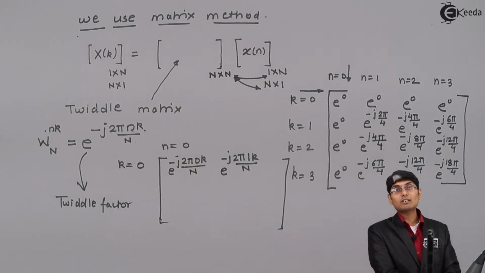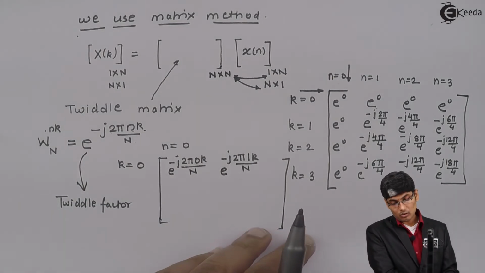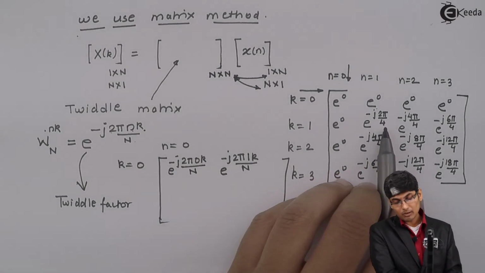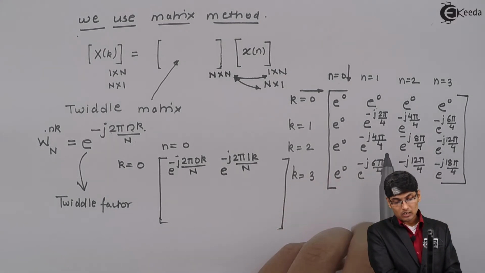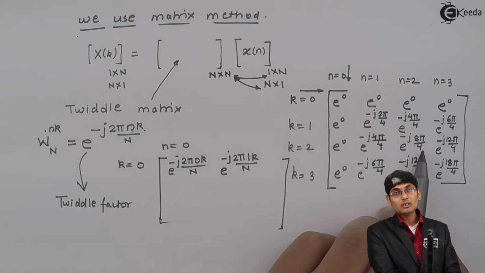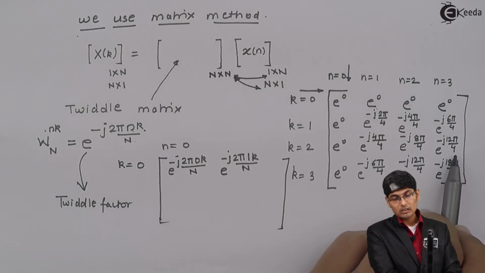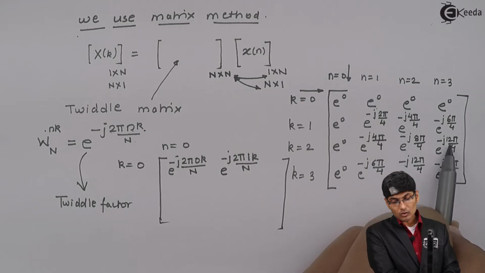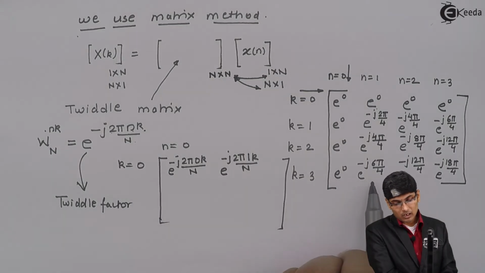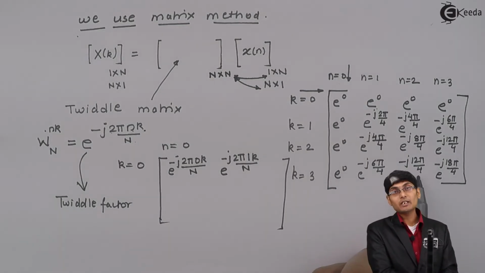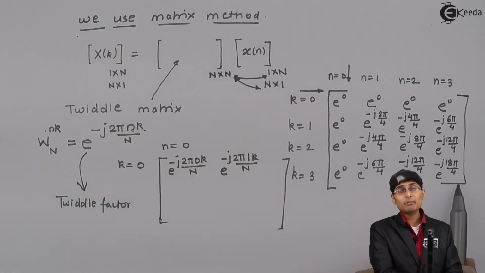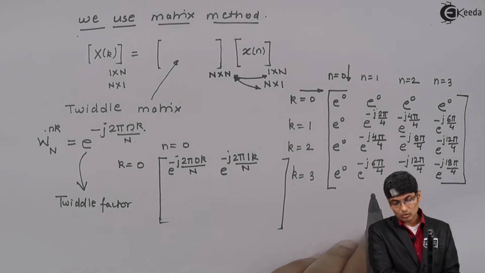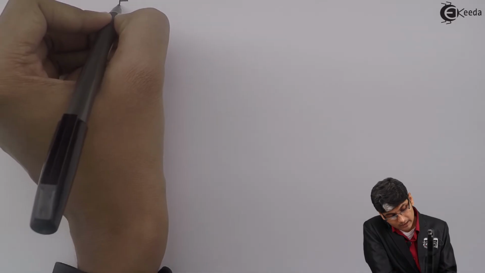So this is how the matrix will be built up. Okay, so further calculation will give me, this will be pi by 2, this will be pi, this will be 3 pi by 2, this will be pi again, this will be 2 pi, this will be 3 pi, this will be 3 pi by 2, this will be 3 pi again, and this will be 9 pi by 2. Okay, so if I go on calculating it, I will get the matrix as